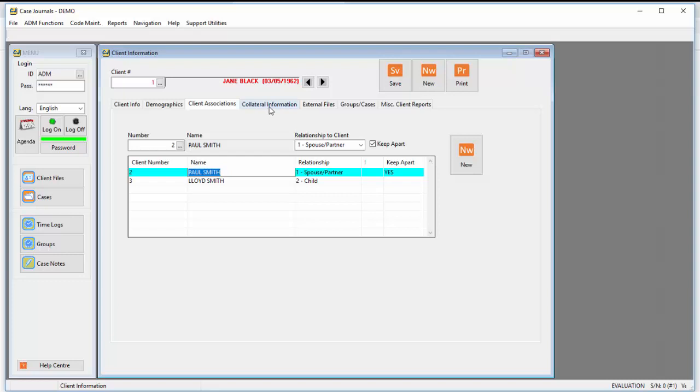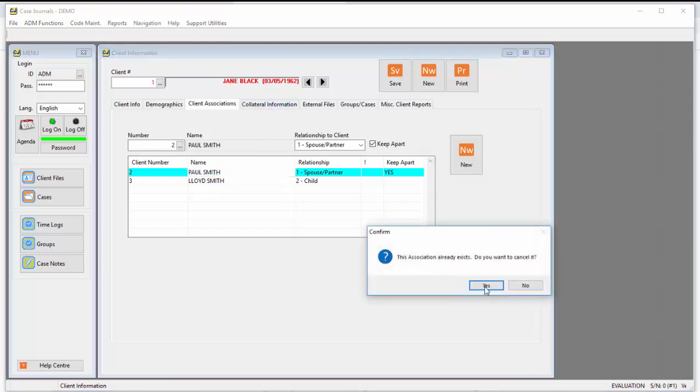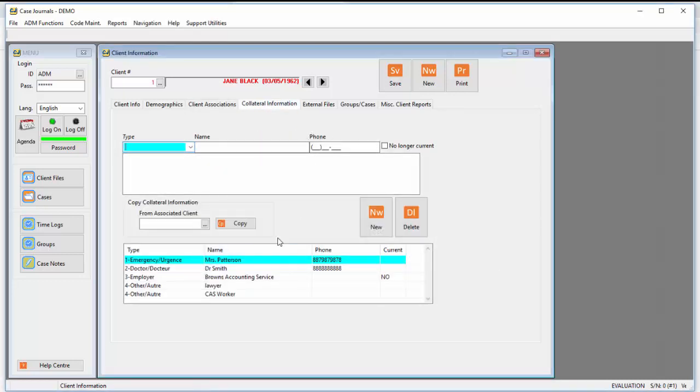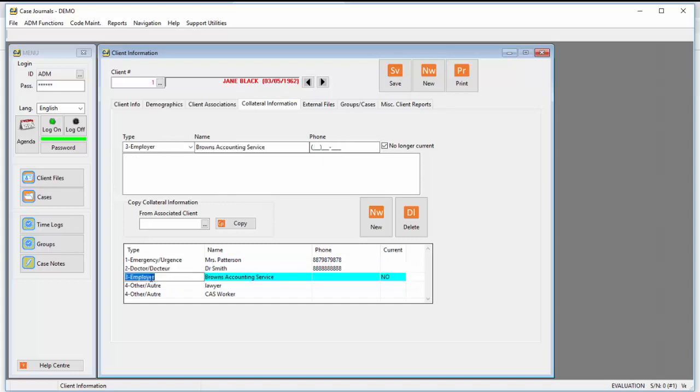And lastly on here, you can go and add in collateral information. We've made note of who their emergency contact is, who their doctor is, who their employer is, and we wanted to make note of who their lawyer was and maybe their CAS worker. You can add as much as you like in here. So those are the first 3 tabs. That's fairly generic information which does not change,